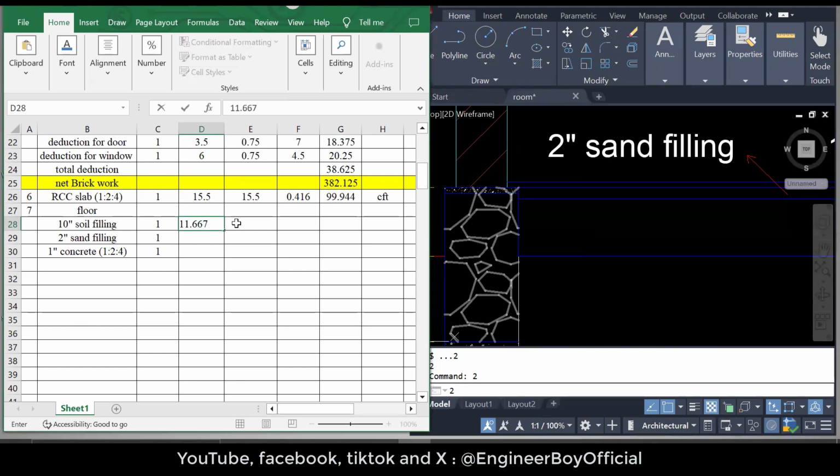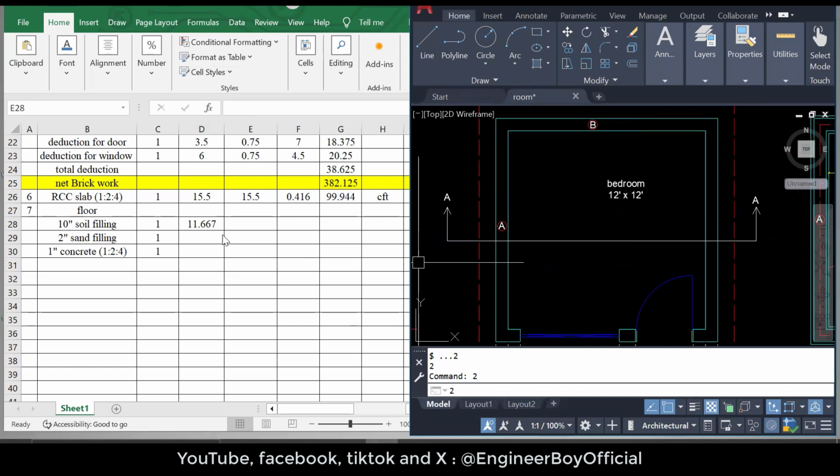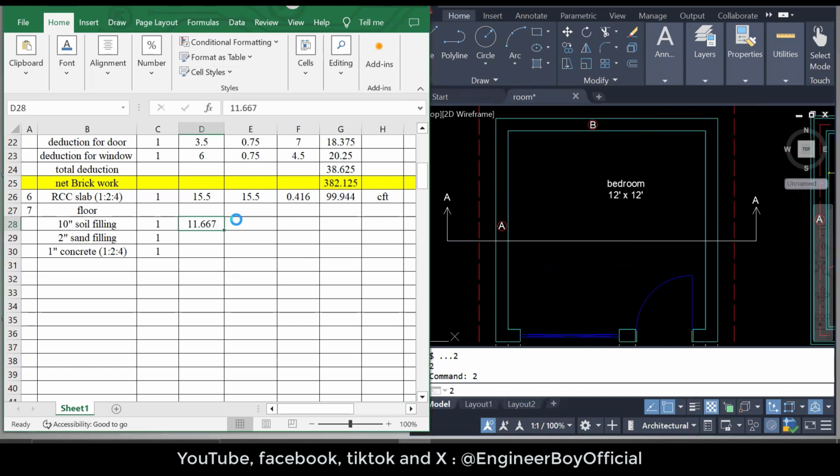11.667 feet. Now this is square. You can see the plan. This is just square, 12 by 12. It means the width should be the same as the length. Now the height, which is 10 inches. If you divide that by 12, we can get that in feet, and that should be 0.833. It's very easy. Now we have to copy this formula and paste it over here